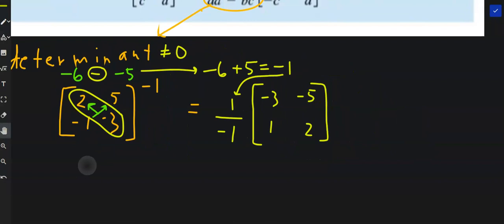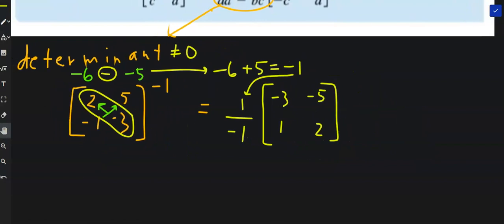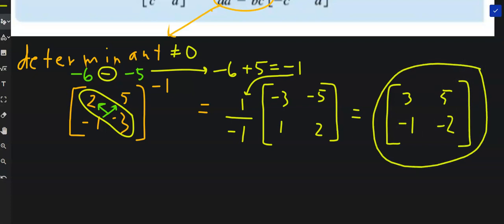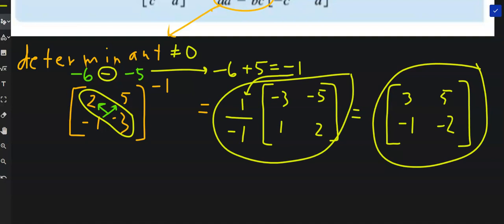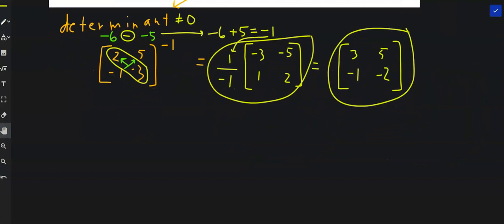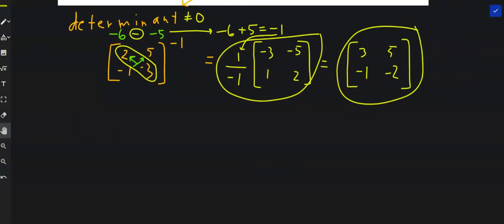Could I distribute the -1 inside and then get 3, 5, -1, -2? Yes, I could. This is correct, and so is this. Now, for reasons which shall maybe show up later, I would prefer that you leave your answer like this